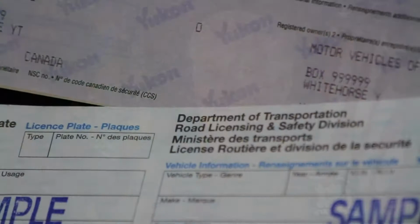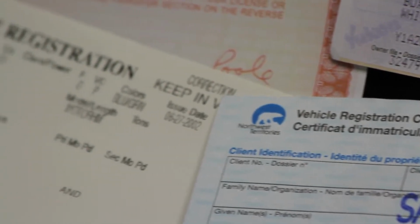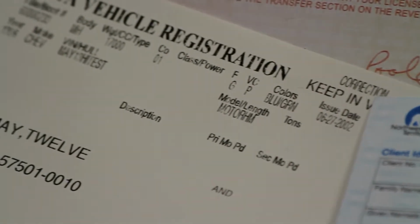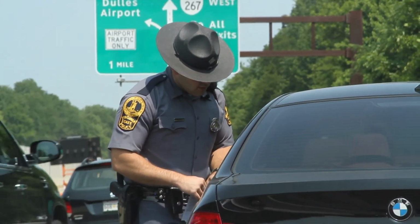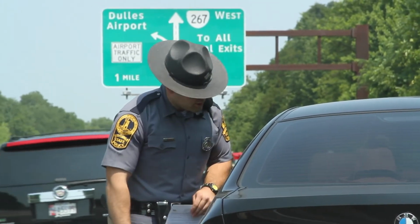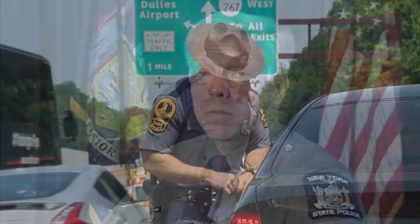When the data on a document is formatted differently from jurisdiction to jurisdiction, it requires an officer on the side of the road to have extensive knowledge in each of those formats and be able to interpret the information correctly and in a very short time frame. That's not practical. An officer's attention is already divided during a traffic stop or crash investigation between the safety and security of the scene for all the involved parties and the proper collection and validation of required data for completing